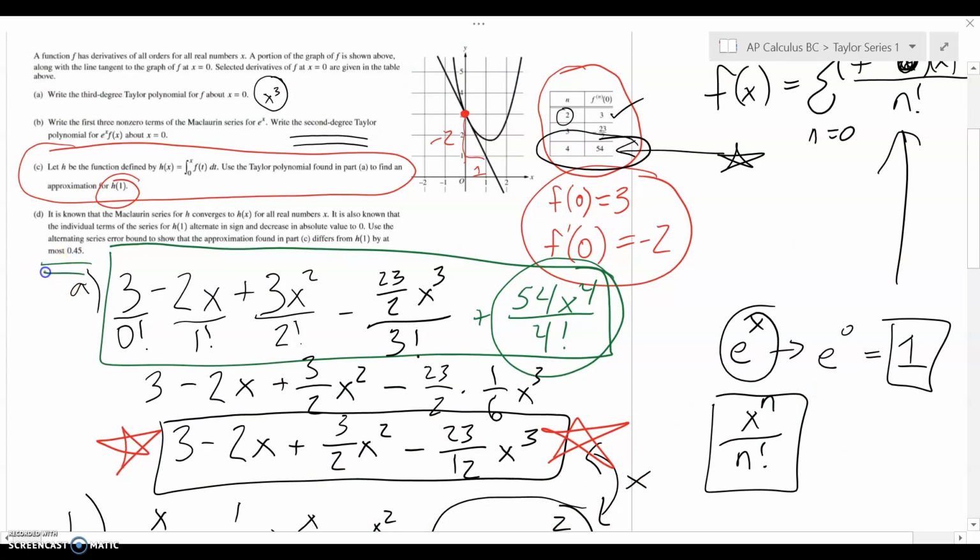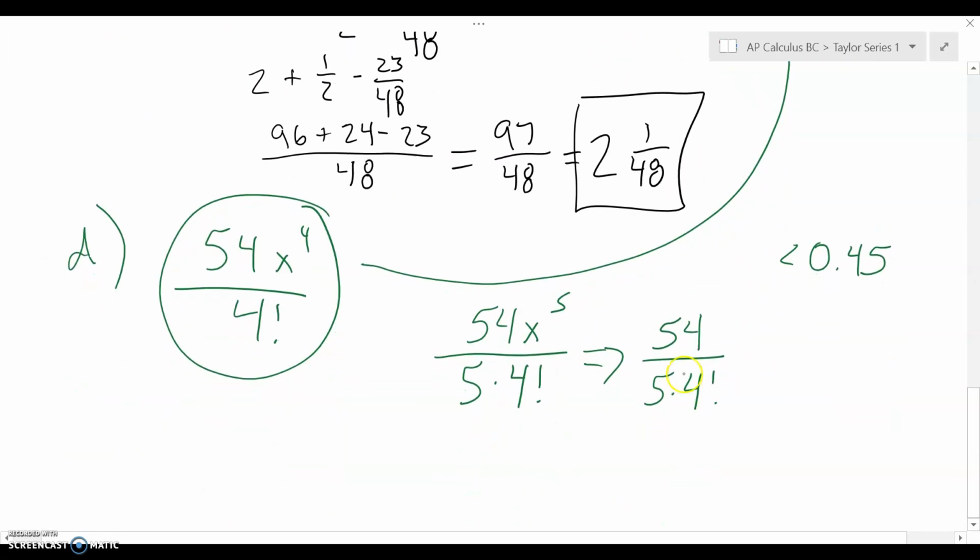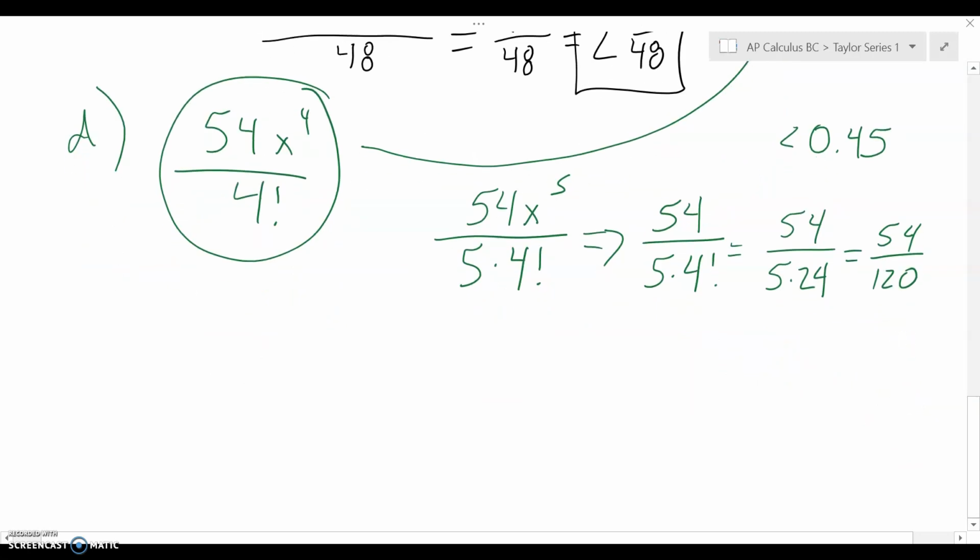Yeah, just making sure that's 0.45, and it is 0.45. So then we're going to say, okay, well, how do we show that? Well, let's see, 54 divided by 5 times 4 factorial. 4 factorial is 24, so we've got 5 times 24, which is 120. So we have 54 over 120, and we need to demonstrate that that's below 0.45. And we have to do it without a calculator. So 54 divided by 120, well, those can both be divided by 2, I guess. So that would be 27 over